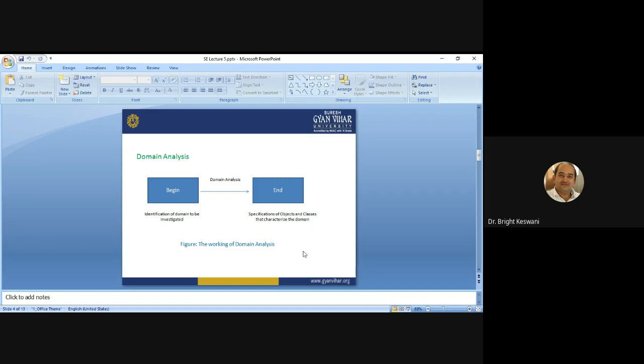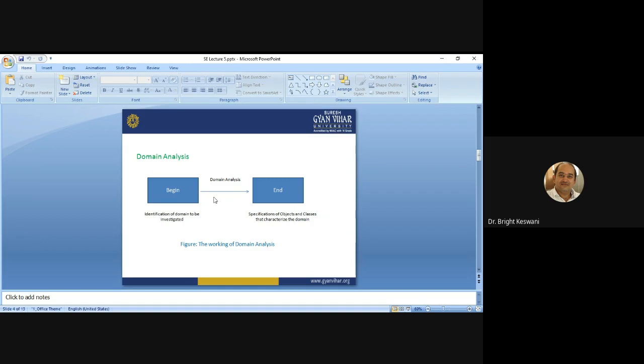So again the reusability concept is there. Domain analysis begins with the identification of the domain to be investigated, and with the specification of objects and classes that characterize the domain. That is the working of domain analysis.